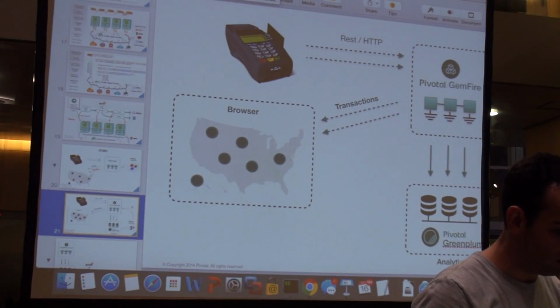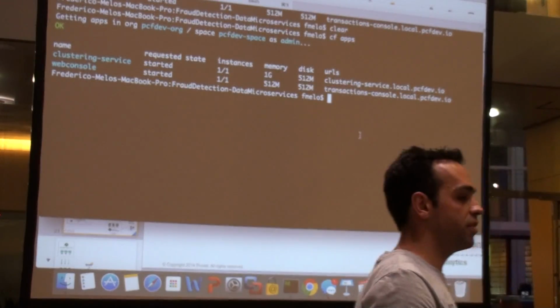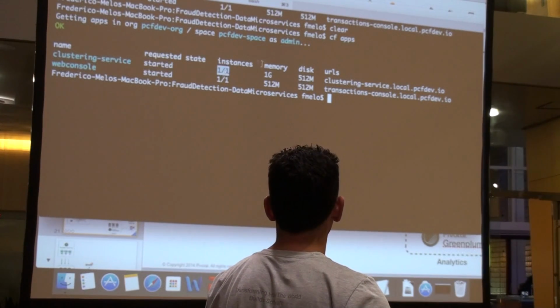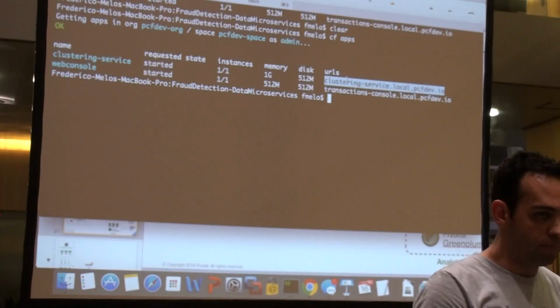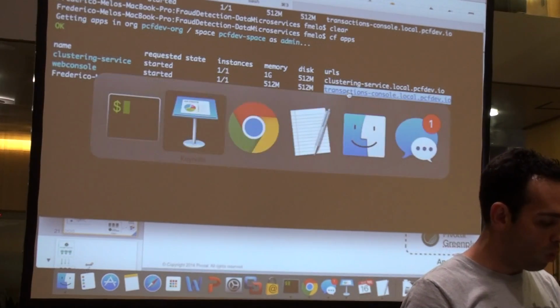And I'm going to start with that. Just simple. Let's use that as a baseline. And then hopefully you're going to be amazed by a few things we're going to do. So I'm connected to my Cloud Foundry instance. When you list the applications that are running on Cloud Foundry, you have the name, their state, how many instances you have running, how much memory is being used, and then the URL. That is what you get when you deploy an application, because you get a route automatically. And one of these apps